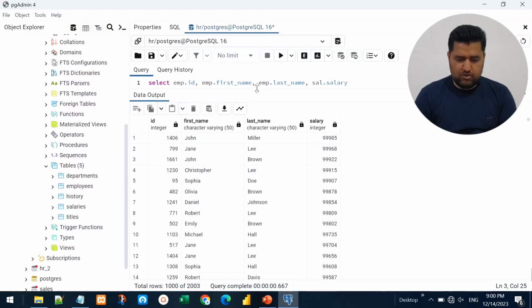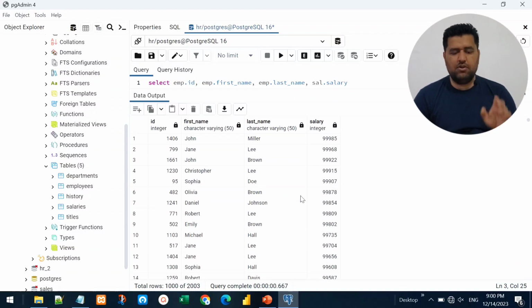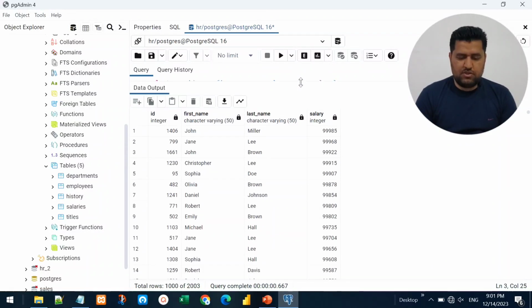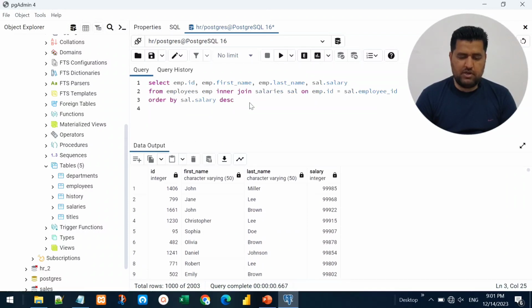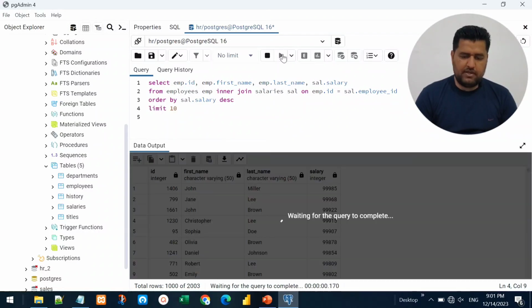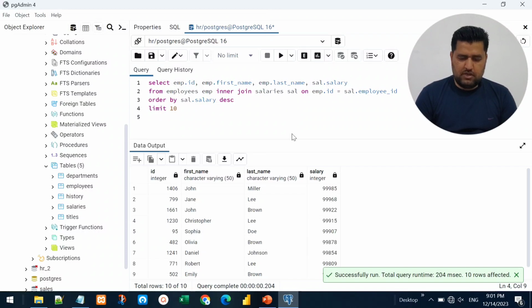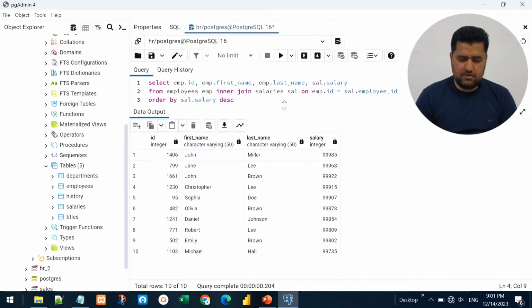Okay, so this is the result. We are seeing all the employees along with their salaries, and we have listed the topmost salary on top of the result. So what we can do is to limit this result set to only 10 records. For that we need to add the limit clause and add 10 here. If I run this query now, it will show only 10 records, and these are the top 10 earners in